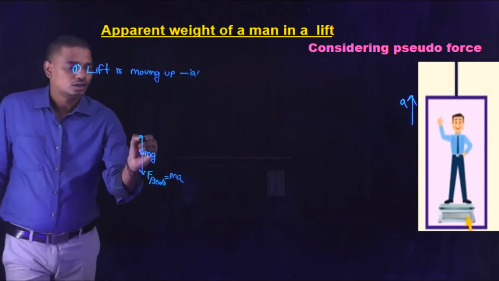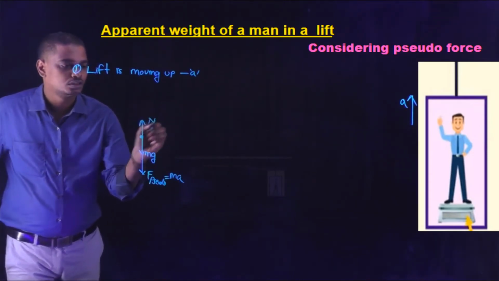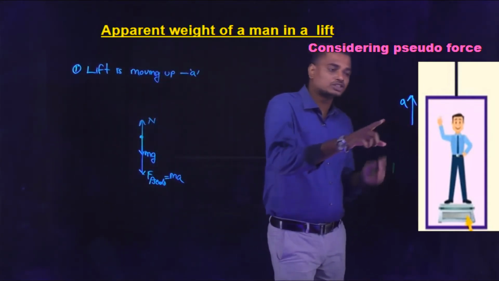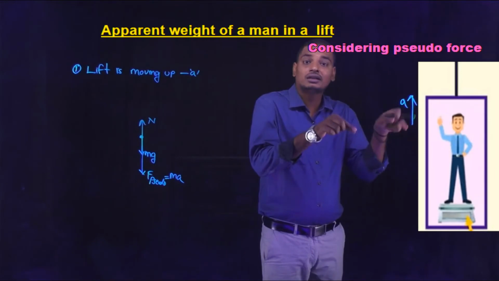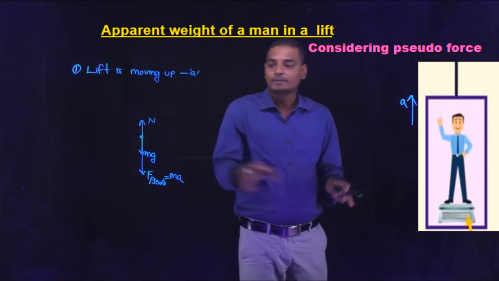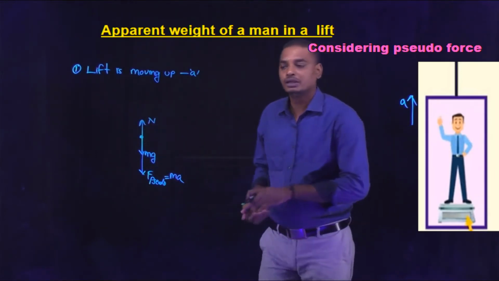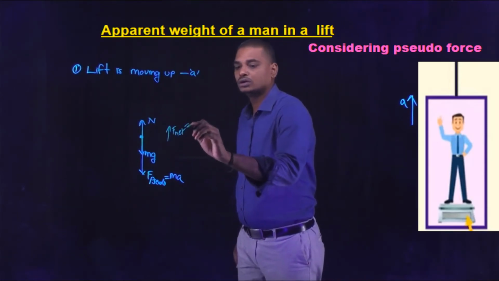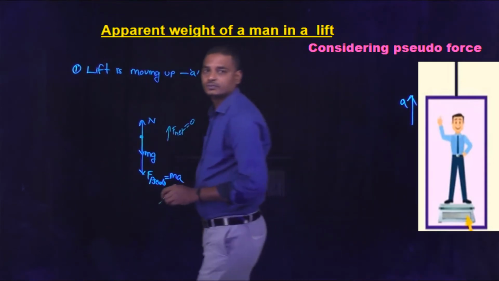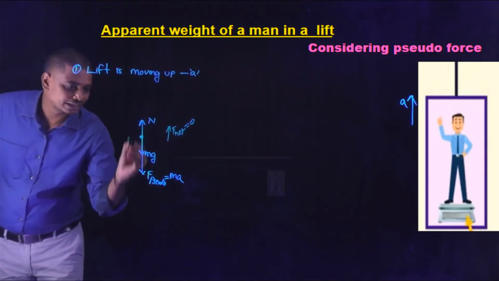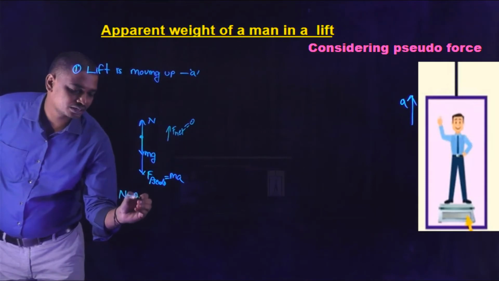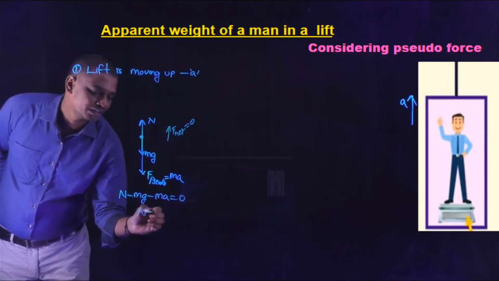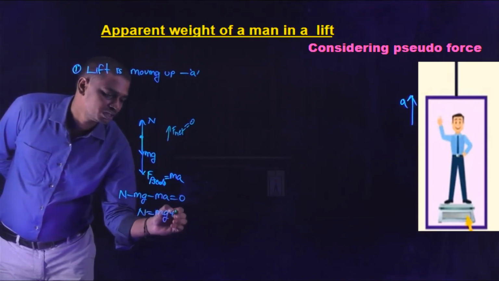Okay, and the normal reaction is upwards. So according to the inertial frame of reference, or the person inside the lift, they are in rest mode. So net force acting on the body should be equal to 0. Right. So now the equation can be written as N minus mg minus ma is equal to 0, or N is equal to mg plus ma,